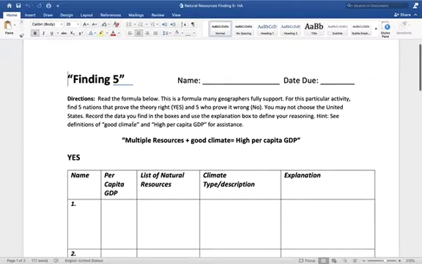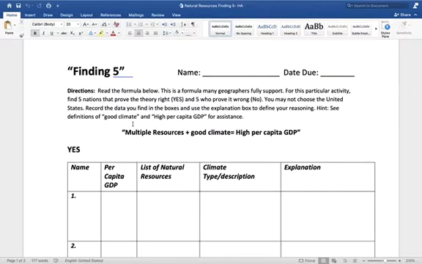5 right now, and in the past this has been a really challenging activity for some students. So because I'm not going to see you in class, some of you, until Thursday or Friday, I want everybody to hear the same explanation, so that's why I'm putting this video together. First thing we want to do, as always, read the directions, and the directions tell us to read the formula